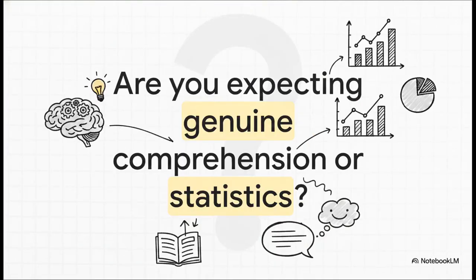Knowing the difference between statistical patterns and real understanding is absolutely the key to using these systems wisely. So as we wrap up this explainer, I really want to leave you with this to consider. When you interact with today's AI, when you trust it with your research or your writing, are you relying on its statistical brilliance, or are you mistakenly expecting genuine comprehension? Just keep that in mind the next time a chatbot gives you a perfectly written, heavily confident answer.